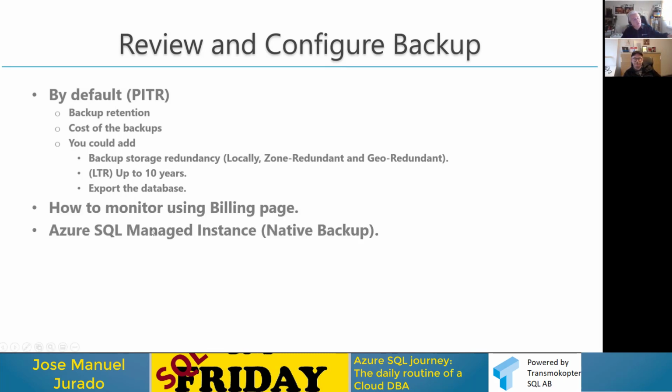I would like to mention also that in Azure SQL Managed Instance, you have the native backup. Native backup means that besides the backups that we have every 5-10 minutes of the transaction log, 1 or 2 times per day of the differential, and 1 full backup per week, you could run your own backups. You could save this backup. Unfortunately, right now it is not possible to restore the backup that we have in managed instance to on-premises.